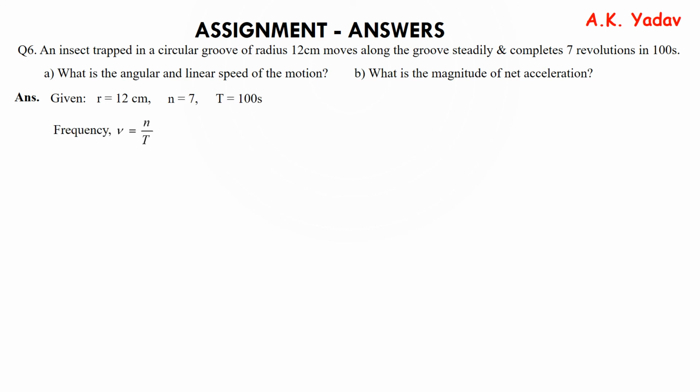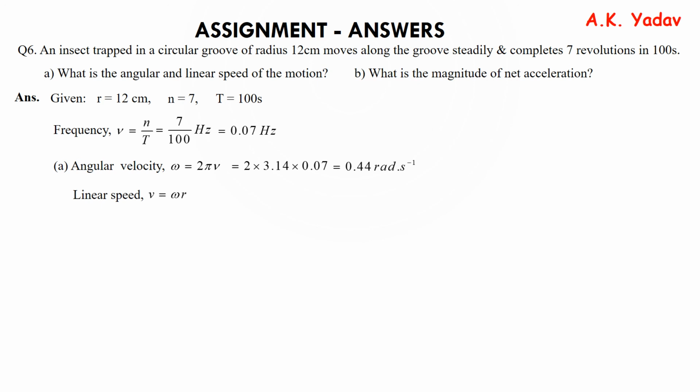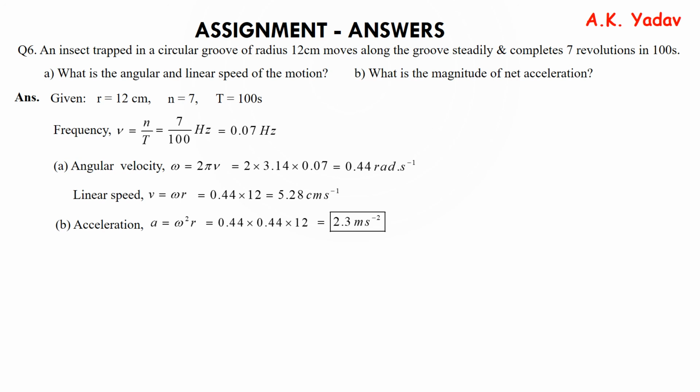Now frequency is N by T, that gives 0.07 Hertz. Angular velocity omega equals 2 pi nu, that gives 0.44 radian per second. Linear speed V equals omega R, that gives 5.28 centimeter per second. Acceleration a equals omega square R, and that gives 2.3